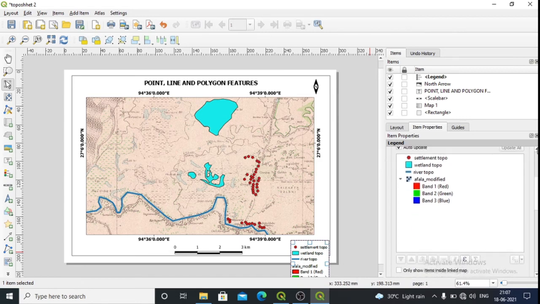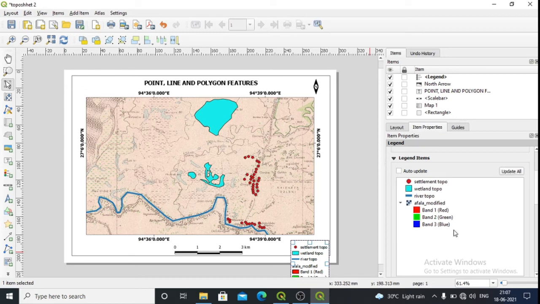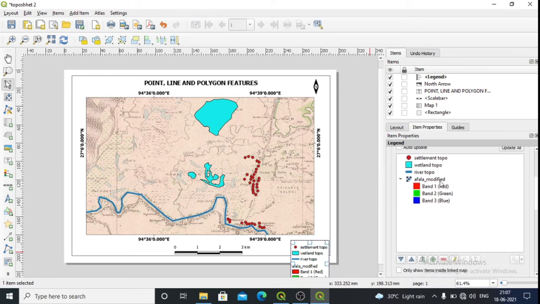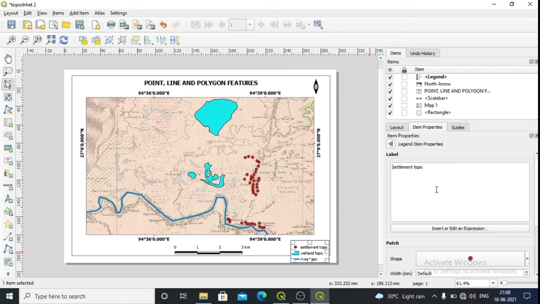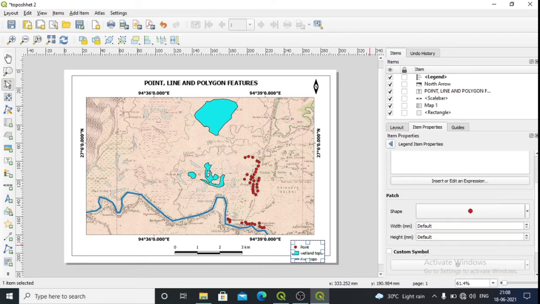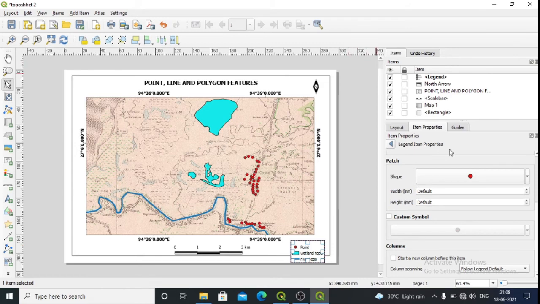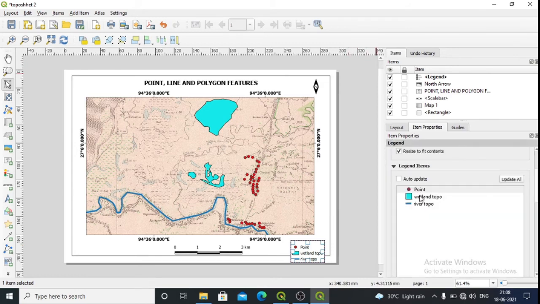Then uncheck this one. You don't want all this, so delete it, minus. Then you want to change this one, you write it as point feature. So this one is point feature. Then go back, and again this one you can change.